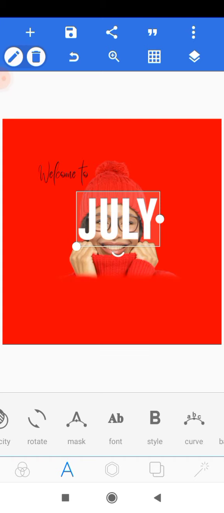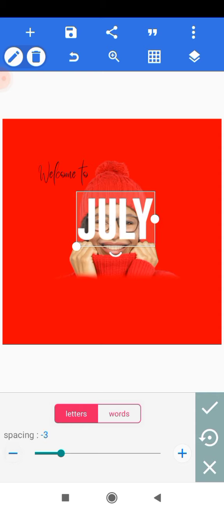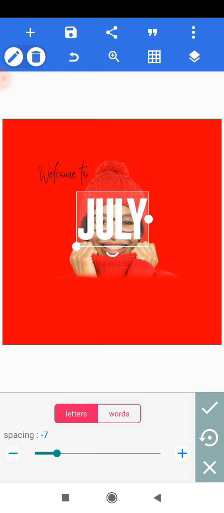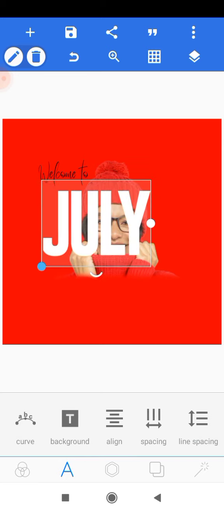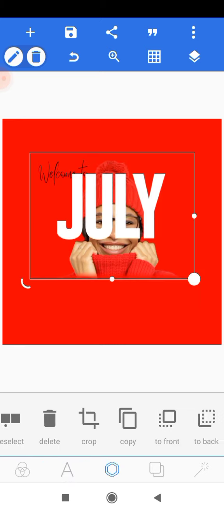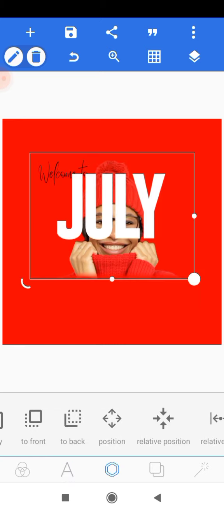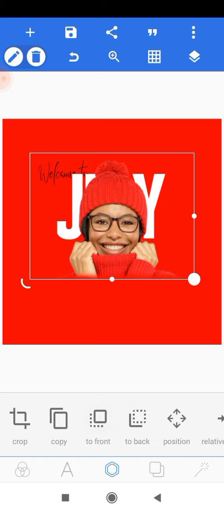So now that we have it, we'll head on to the spacing, and we'll reduce the letter spacing a little bit because we don't want it to be all that spaced. So we'll click on OK, and then we'll hold this, and we'll drag it a little bit so that we'll have it nicely. So we're going to select our subject, and then we'll send it to front because we want our text to be behind our subject. So we'll send it to front this way, and